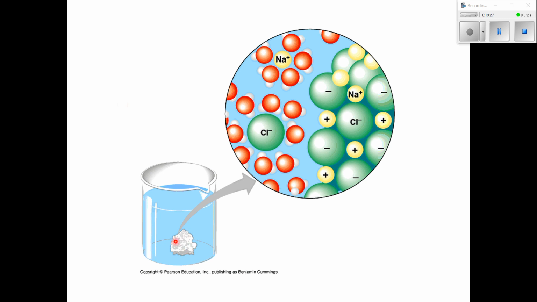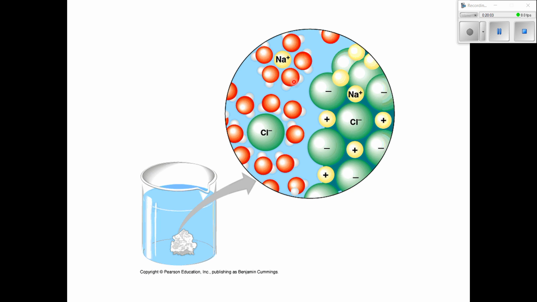example. So here's where somebody threw a crystal of salt, like a big chunk of table salt, into a beaker of water. That entire chunk of salt is made up of positive sodium ions and negative chloride ions. So as soon as you throw that into water, here's all the water molecules. Remember the little decapitated Mickey Mouse heads? Those are the water molecules. They are going to surround those sodium and chloride ions and force them to separate